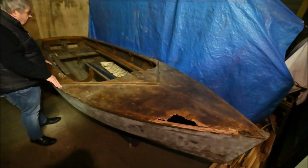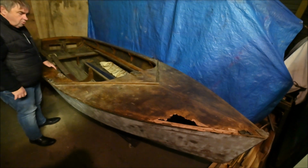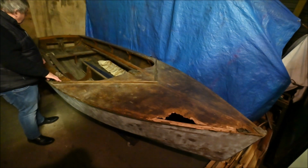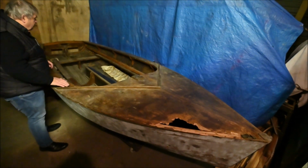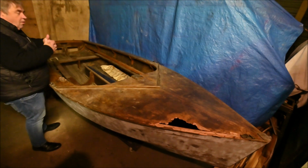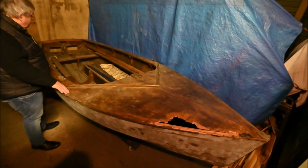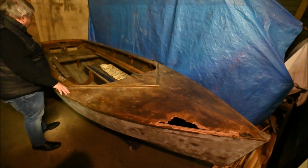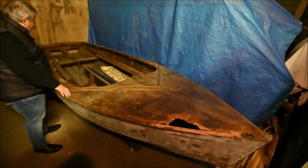It was left, as I say, lying around in a garage for a good number of years. And luckily it was undercover, because all this wood, obviously, is prone to rotting away if it's been left out in the elements. But it's a pretty sound boat, and it's going to get restored, I've been told. And it'll all get, I presume, revarnished and all that type of thing, and the sail put back in. But I just think it's fantastic that Sam Alper just thought out of the box all the time with his caravans and his special units that he used to make, but also going into boats. I just wonder if he had been successful with boats, whether we would have seen a lot more made and it would have become more popular in the boating world. But as I say, not knowing much about boats,